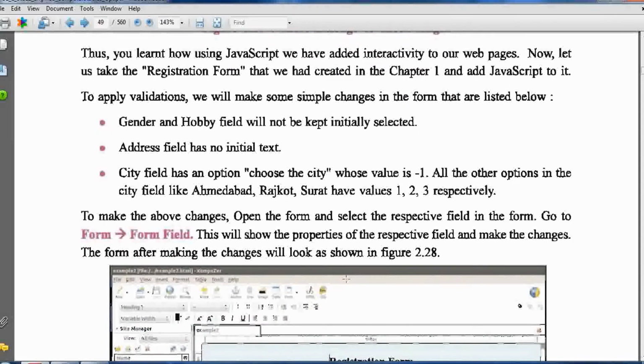Now we have to go for registration form validation, which we learned in chapter 1. Right now I am preparing the video during the COVID situation where the schools are not open. Only for this year, for the students appearing in board exam 2021, this topic according to board instruction is not included, but I don't want to take a risk, so I will explain.